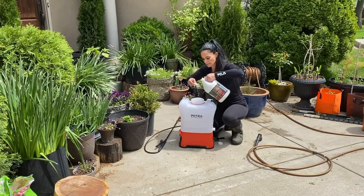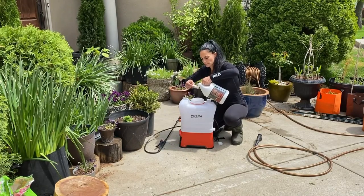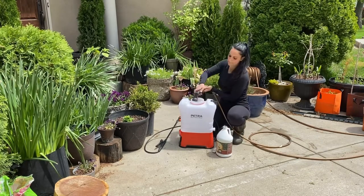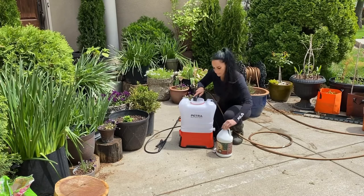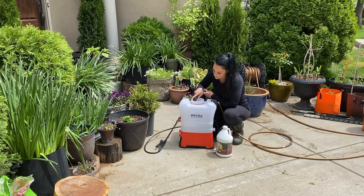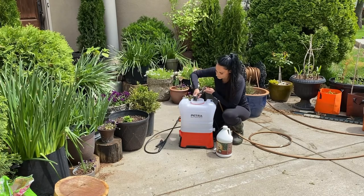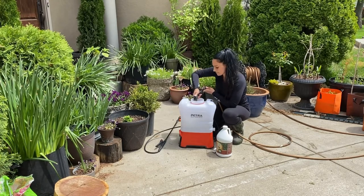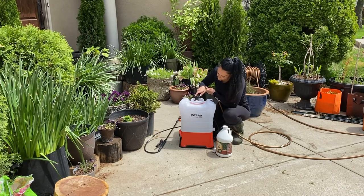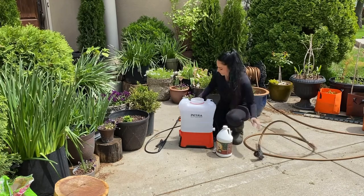This pesticide-free, non-toxic, USA-made formula is easy to apply. I'm going to simply add 1 to 2 teaspoons per gallon of water. I always try to do my spraying either early in the morning or at sunset, and you're definitely going to want to use each batch that you mix within the same day. Outdoors, I use my powerful Petra 4-gallon HD 4050 backpack sprayer, so I've added 8 teaspoons to this mix here. 1 gallon of Petra worm tea concentrate will make up to 700 gallons of tea for you to use for